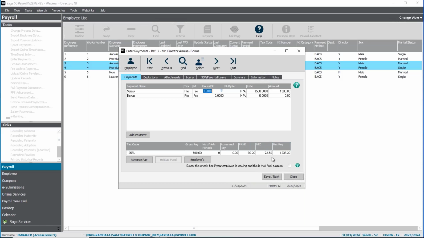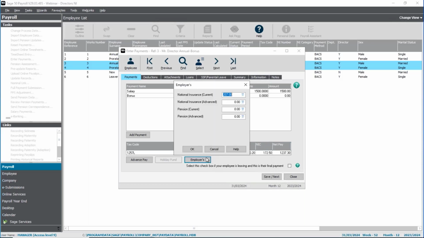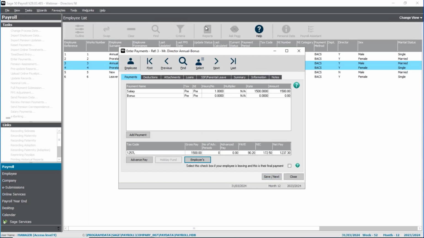That is the employee's national insurance. The employer's national insurance is £207, which is 13.8%, because these cumulative earnings are all above the secondary threshold for the employer. Now, if we compare this with the next employee, the one on the pro-rata basis, that's a salary this